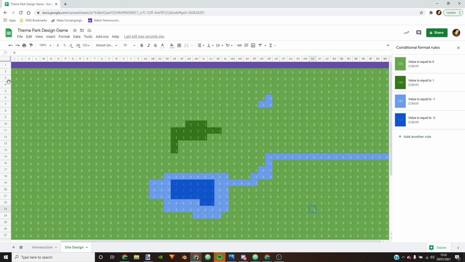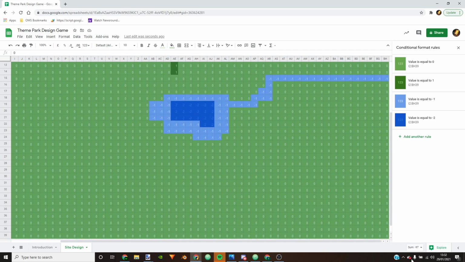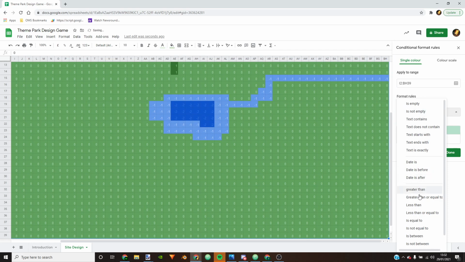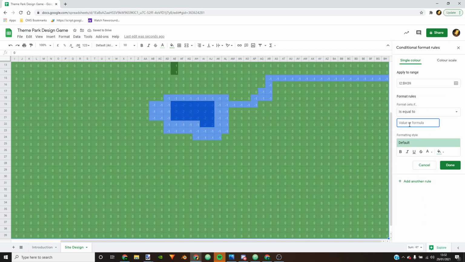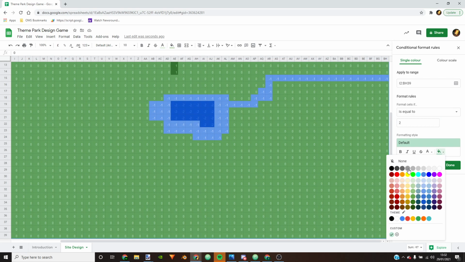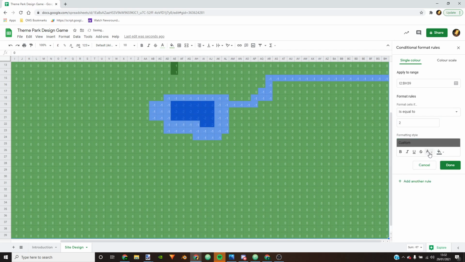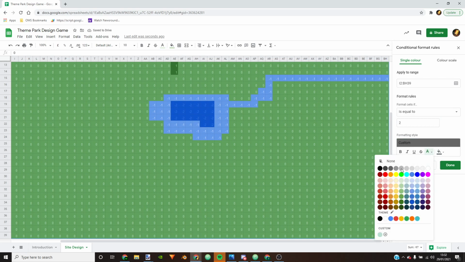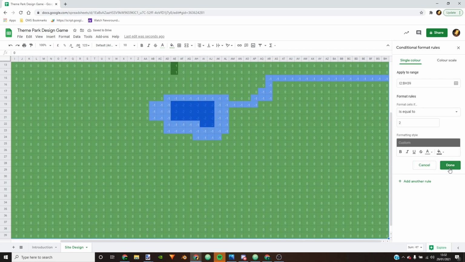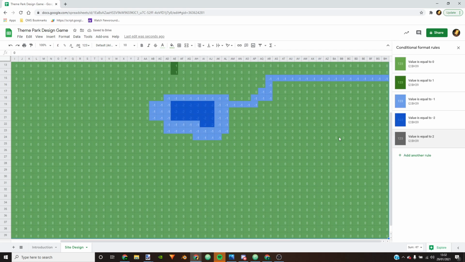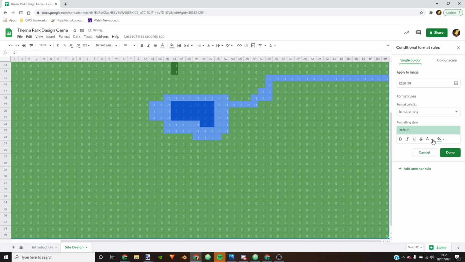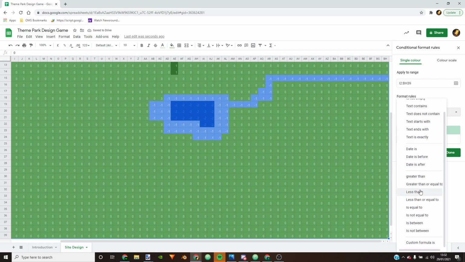So we're going to, once again, I2 down to BH39. New rule is equal to 2. And 2 is going to be the beginning of rocks. So I'm going to choose a dark grey, maybe this one, and a slightly lighter grey so that the text stands out. And without changing anything, I've still got them all selected. I'm just going to add some more rules. So is equal to